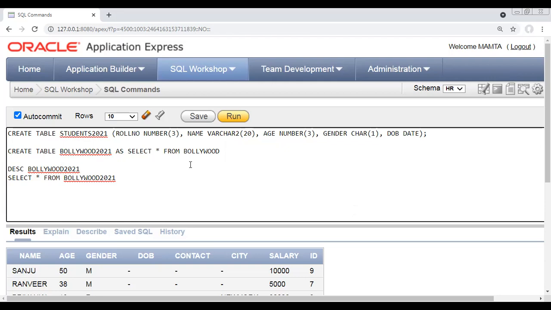Okay, that's also not correct, because it is going to copy only those records which are selected by the select star from